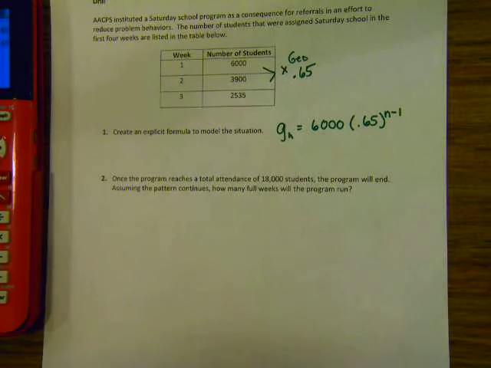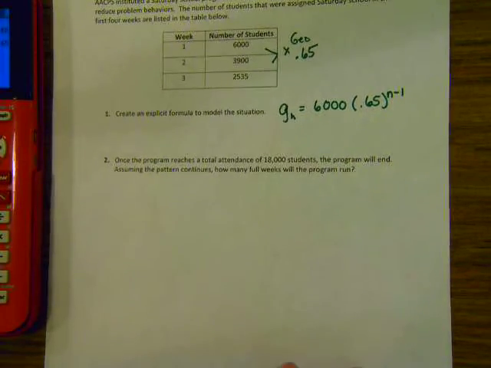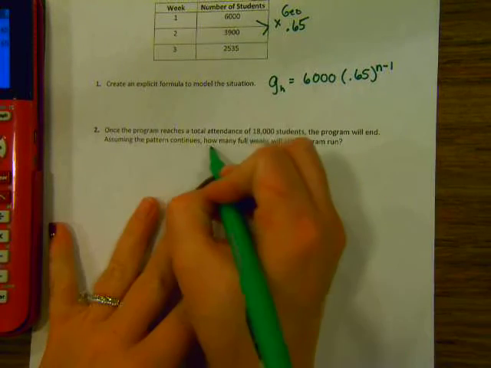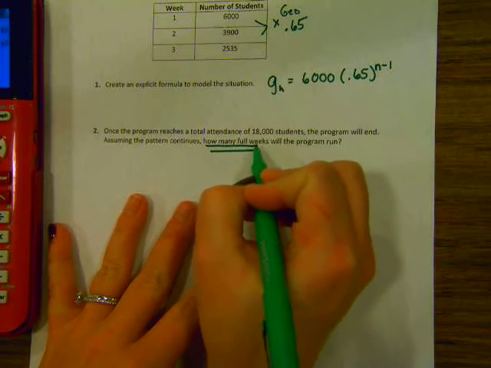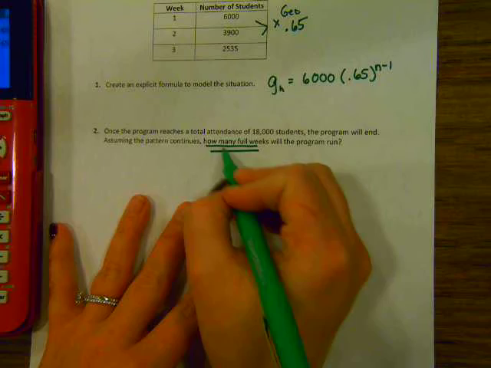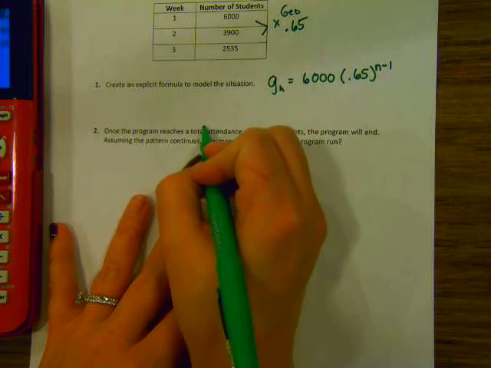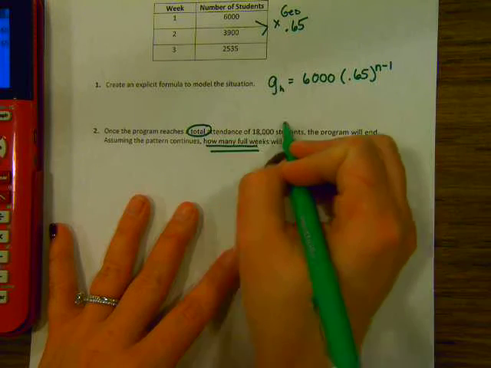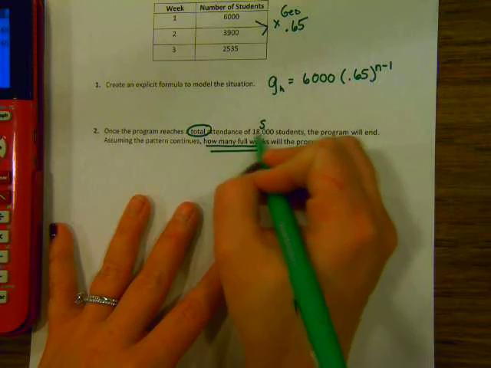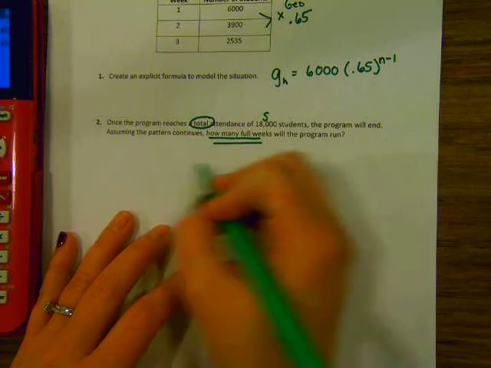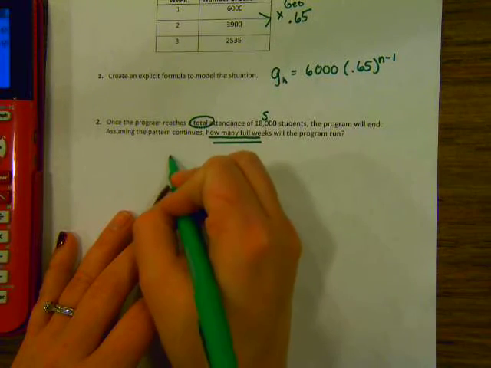Part 2. Once the program reaches the total attendance of 18,000 students, the program will end. Assuming the pattern continues, how many full weeks? So this, guys, is your n. That means we're trying to solve for n. And since it says our context clue of total, we're using the series formula. But this is the S right here. This is your total. So when you write the equation, you're not putting S equals, it's going to be 18,000